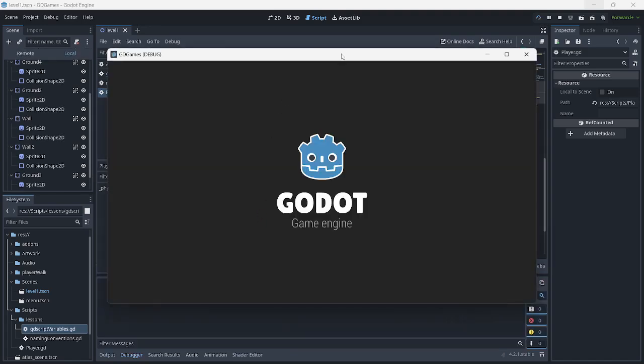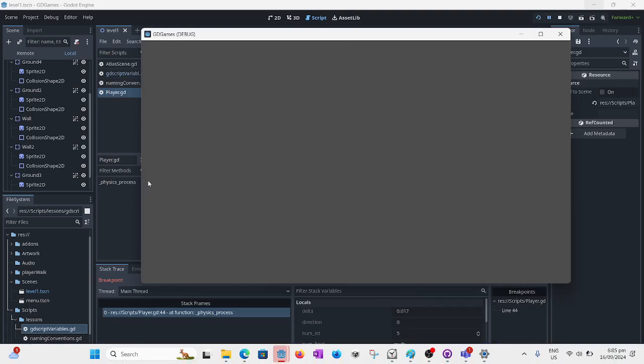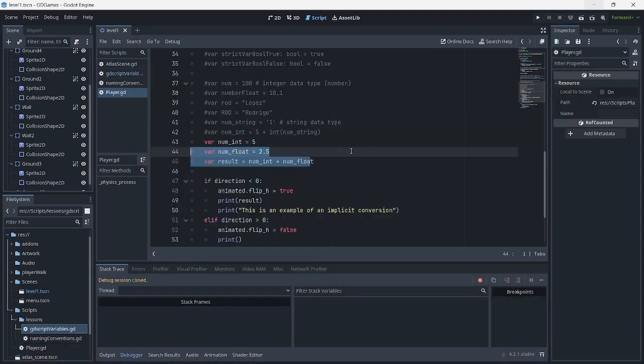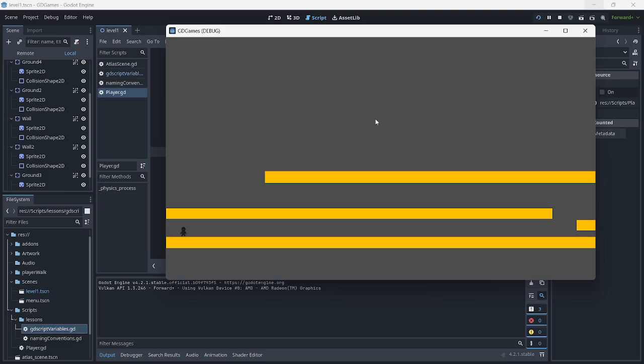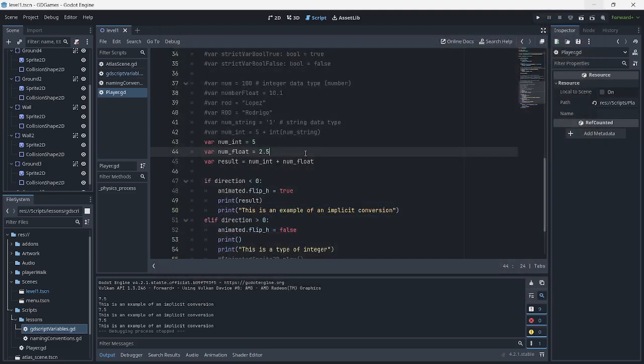I clicked again accidentally, so let me just stop this. We are seeing here that we are getting that 7.5 output. So that's just the basics of the difference between implicit and explicit.